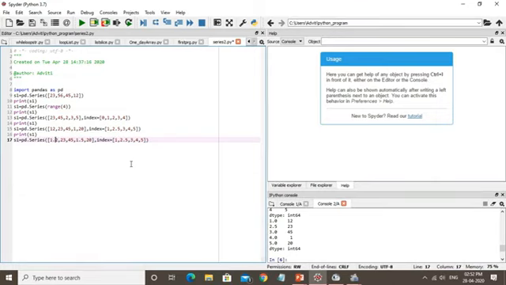Okay. Now the index is similar and the other values are similar. I'm just doing a print statement, print S1. Okay, fine. Now check the output.